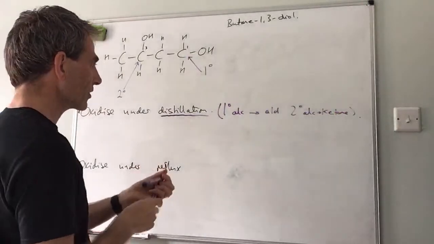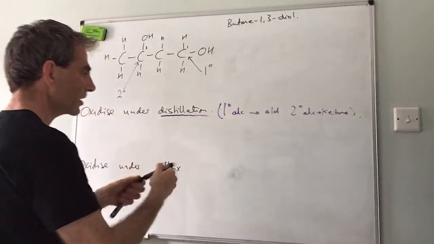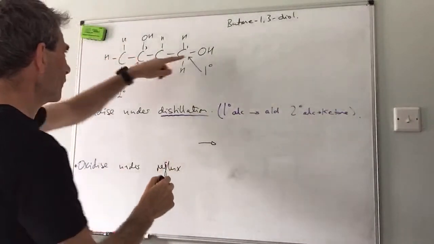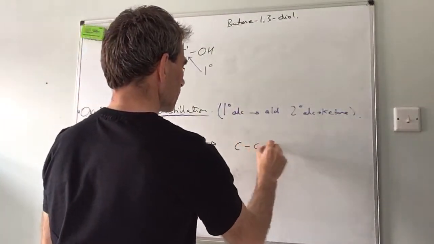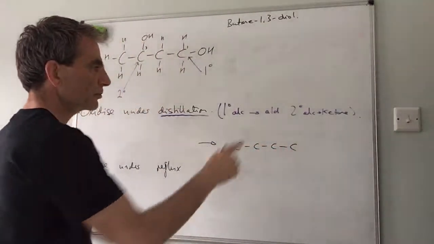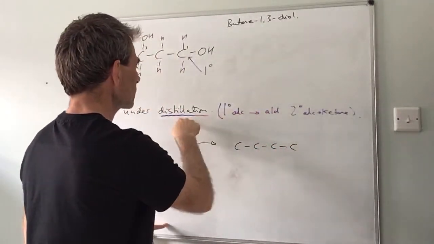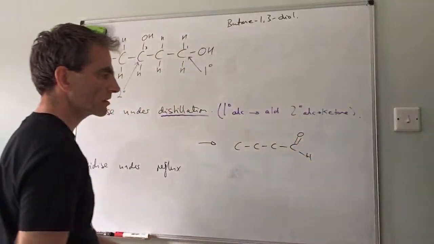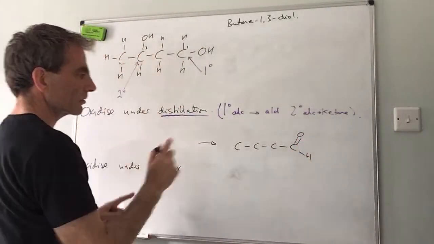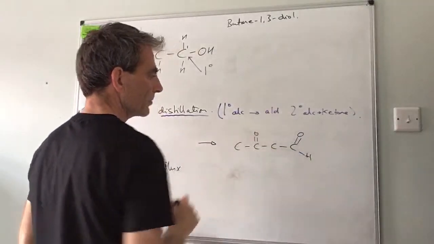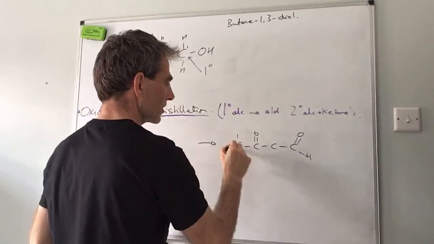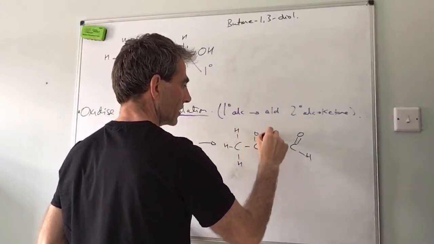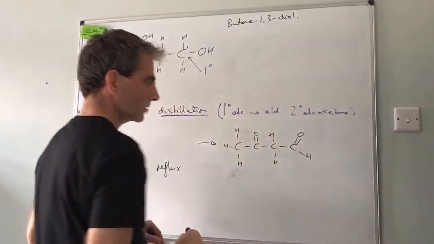So what's that product going to look like? We'll make the equation backwards, if you like. So we've got 4 carbons. 1, 2, 3, 4. The primary alcohol is going to go to an aldehyde because we've done distillation. The secondary alcohol is going to go to a ketone. And then the hydrogens just go on the rest. Obviously leave that, there's no hydrogen there.